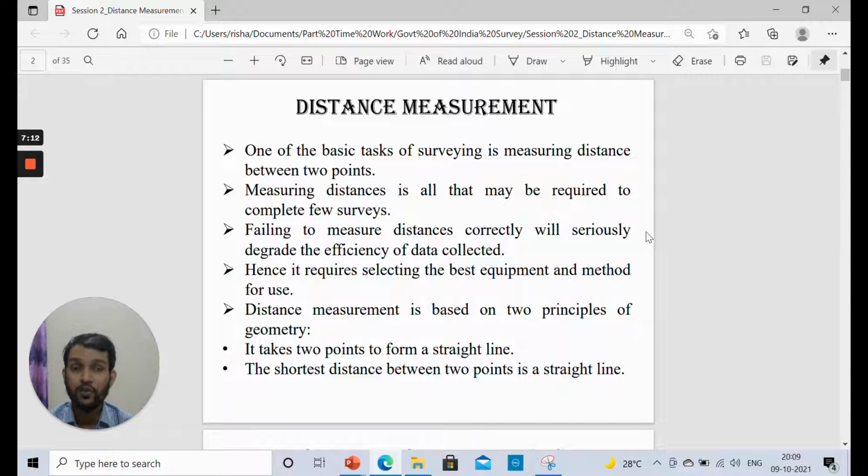So we will see how many crew members are required, how the data verification is done, how the errors are to be eliminated, and all these things. One more important thing is that while conducting a survey you also need to understand which type of equipment is to be used for distance measurement at a particular time. For distance measurement different devices can be used. In the next slide I will tell you, not only these two techniques, but there are 7 to 8 techniques that are basically used for measurement of distance. Some techniques have even gone obsolete, but still they are being used because of their certain advantages, or maybe if some work has to be done hurriedly.